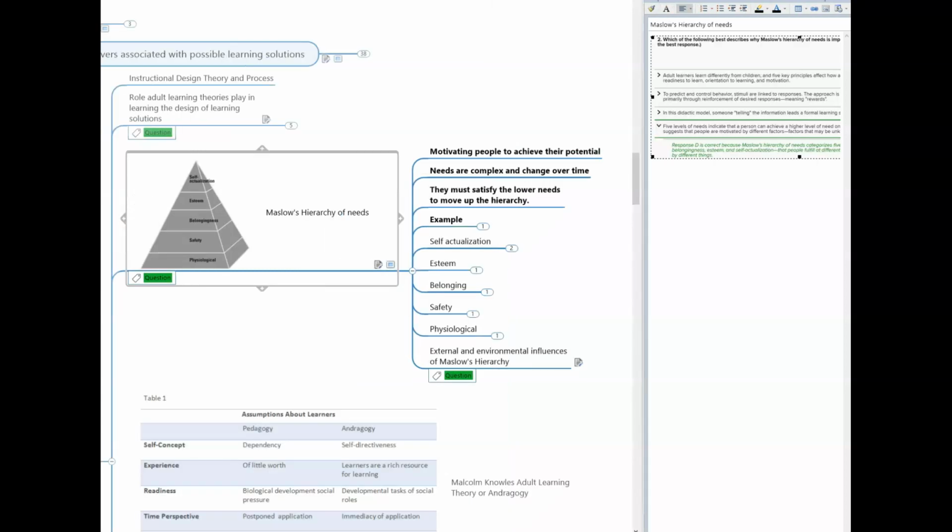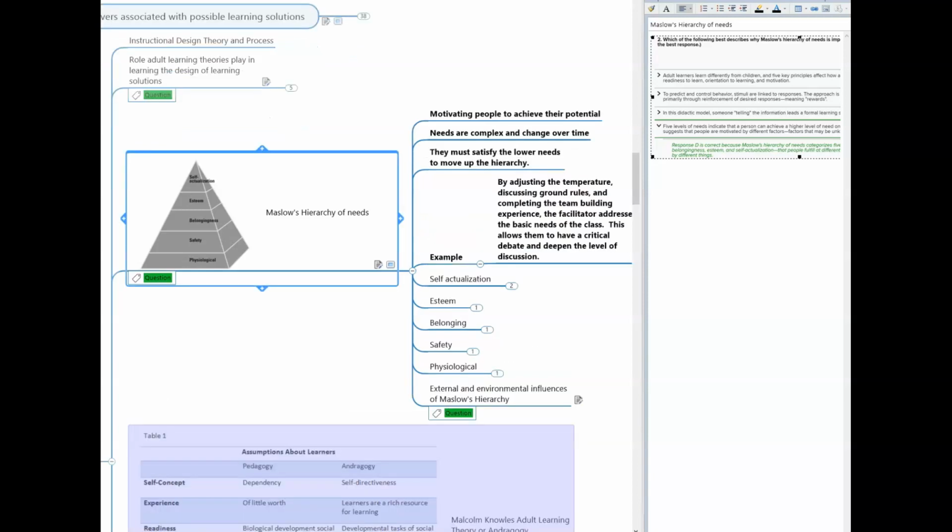Maslow's hierarchy of needs is about motivating people to achieve their potential. Needs are complex and change over time. They must satisfy the lower needs in order to move up the hierarchy. An example of a talent development professional using Maslow's hierarchy of needs in training is adjusting the temperature, discussing the ground rules, and completing the team building experience where the facilitator addresses the basic needs of the class. This allows them to have critical debate and deepen the level of discussion. It allows them to move up